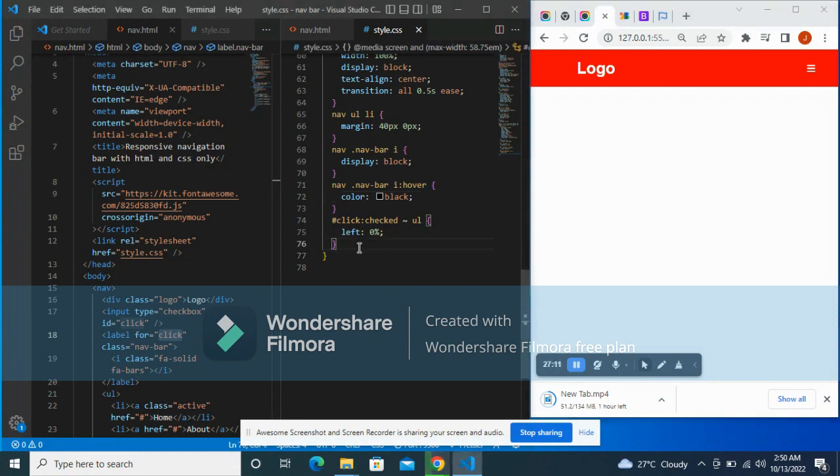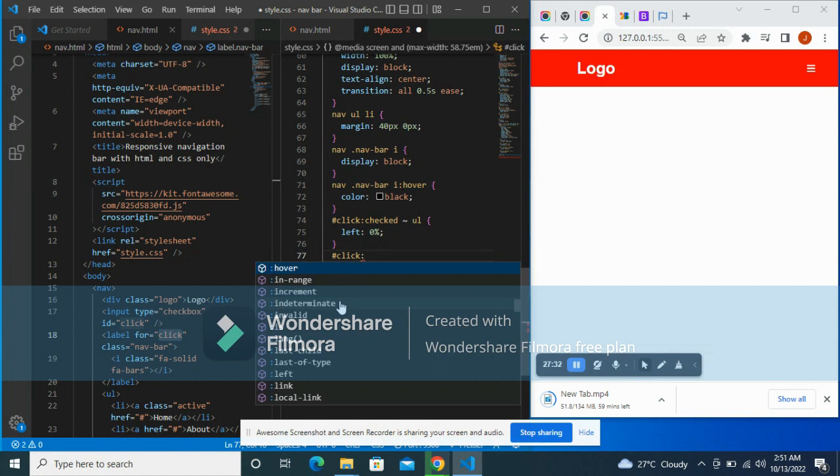So to do that, you see, click this, click, then we specify it, giving it a pseudo class of checked, then give it the check parent relationship,